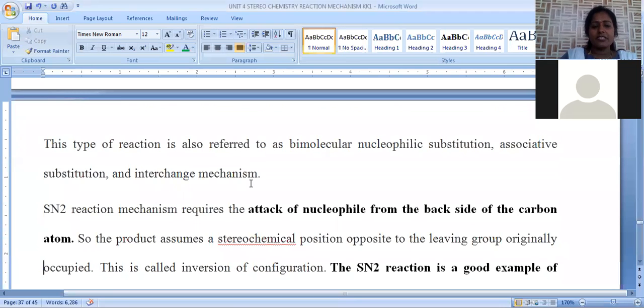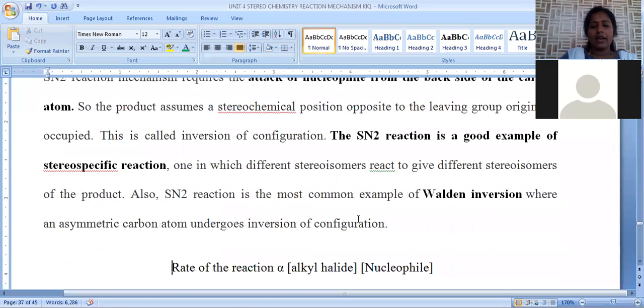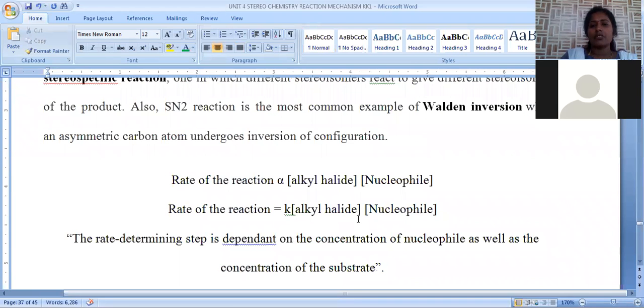Here, in case of SN2 reaction, the attack of the nucleophile always takes place from the back side, because on the front side one nucleophile is already there. So when another nucleophile is coming from the front side, what happens? Nucleophile repulsions are possible. That's the reason why, if alkyl halide is there, the incoming nucleophile will attack from the back side. That's why the product formed is always completely inverted. Inverted in the sense, whatever configuration is there in the starting material is completely reversed in the product, because the attack of the nucleophile takes place from the backside.